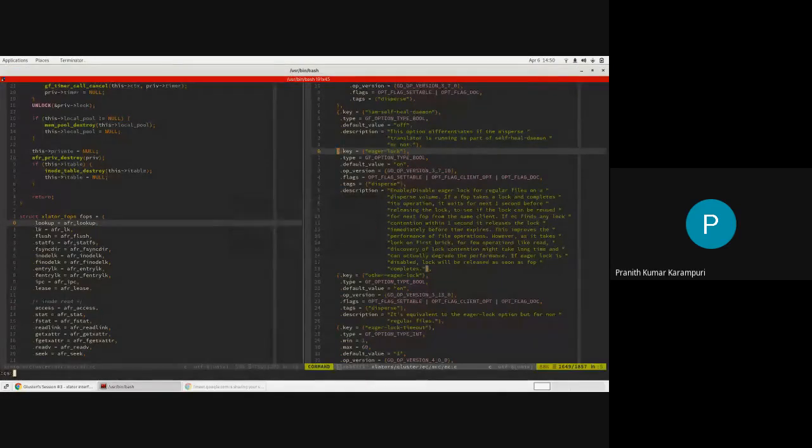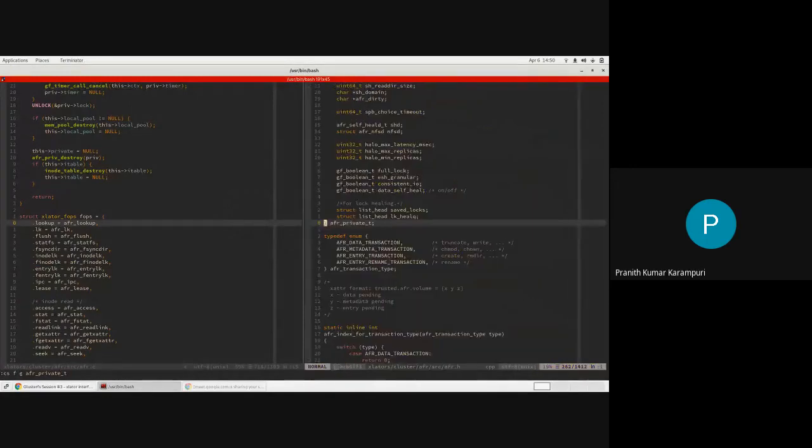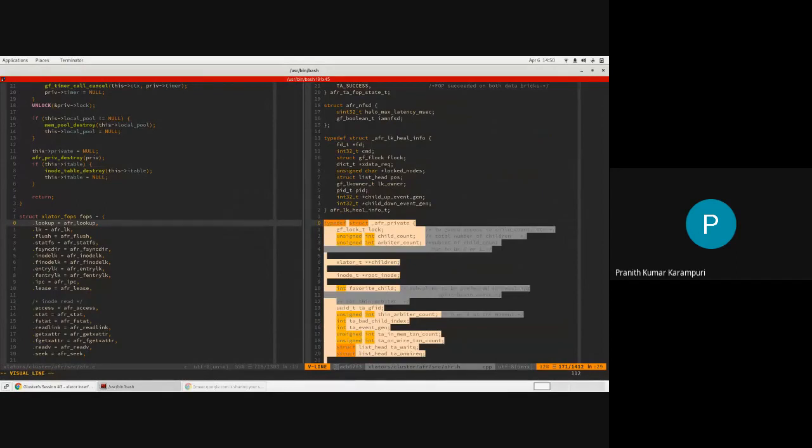So let's look at maybe afr_private_t. You can treat the private data for an Xlator as the translator-specific information.